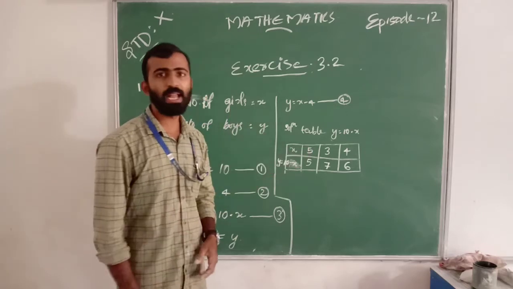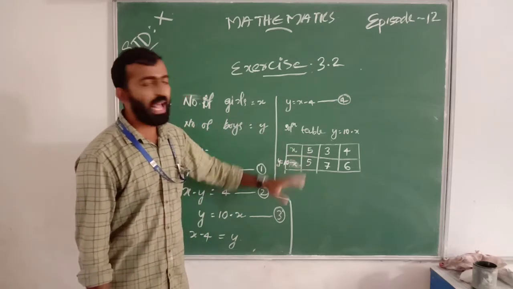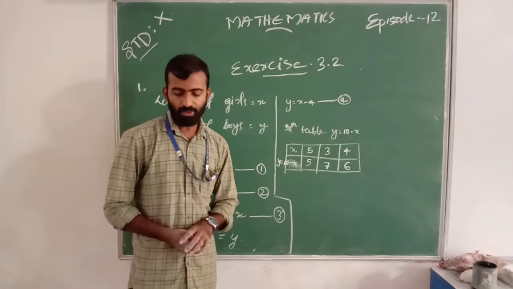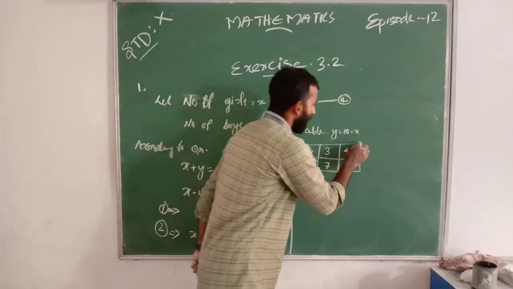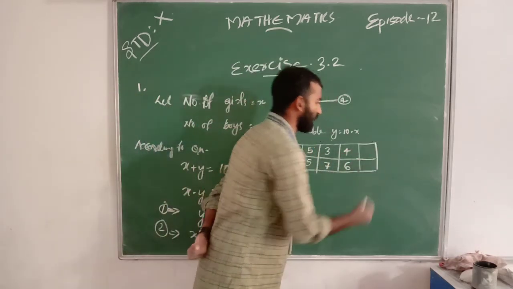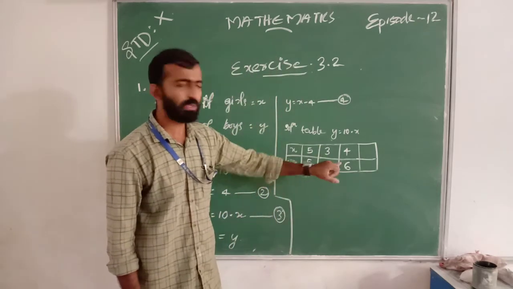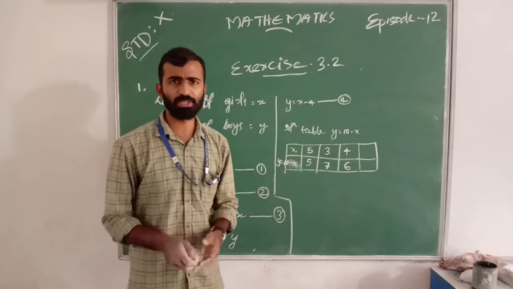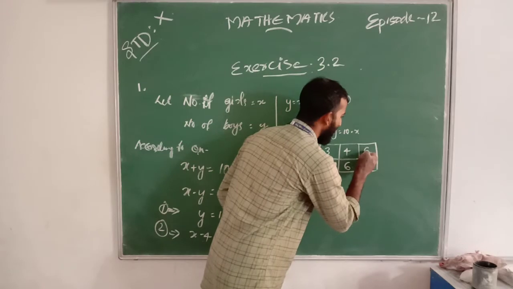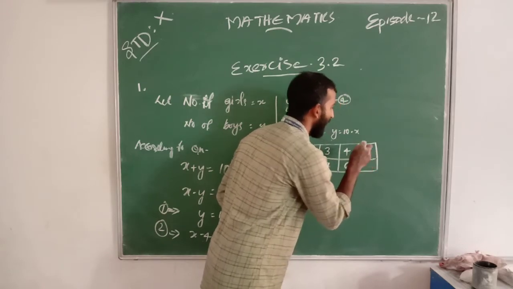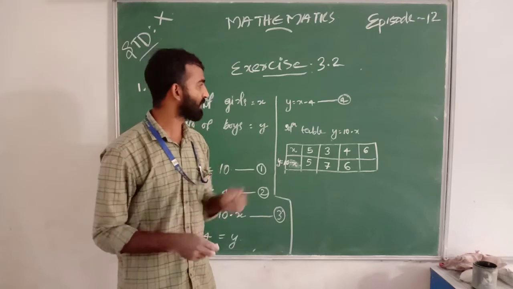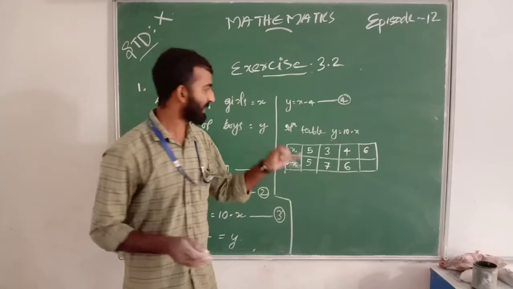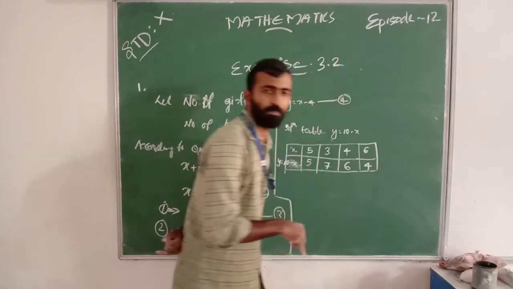In the table, I take x as 5, 3 and 4. For any doubt, in all pictures we take 3 coordinates, but here I take one more coordinate for you. When we give x as 6, what do you get? y equal to 10 minus x, that is 10 minus 6, so we get 4.